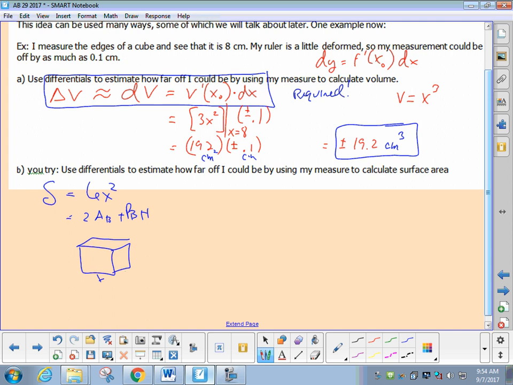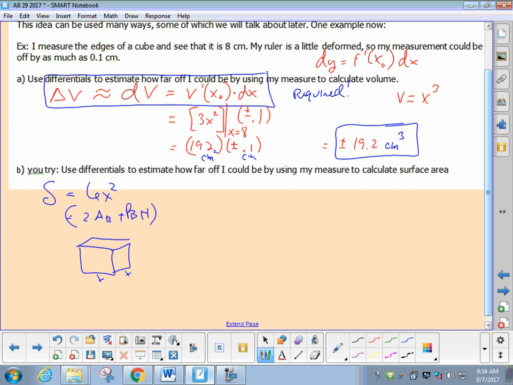Well, what's the area of the base? X squared. What's the perimeter of the base? 4x times the height. So you get 2x squared plus 4x squared. It's 6x squared either way. It's just which one's easier to run calculus on than 6x squared. This holds true. I don't want you to feel like I'm throwing something new at you. It's just this is easier.